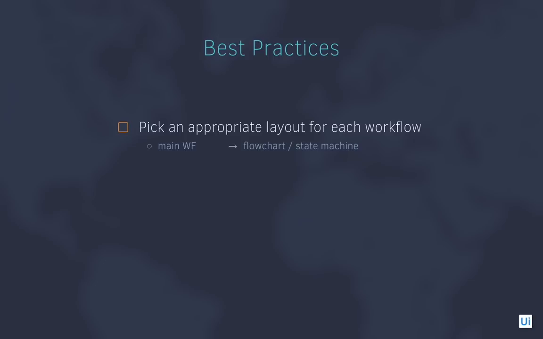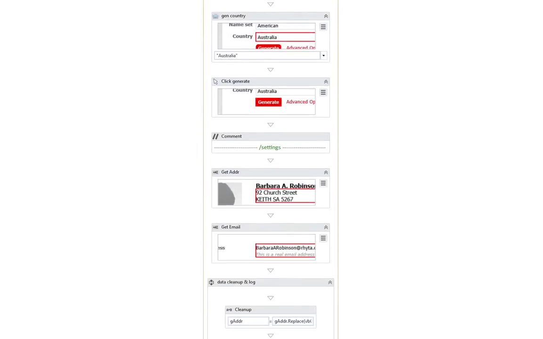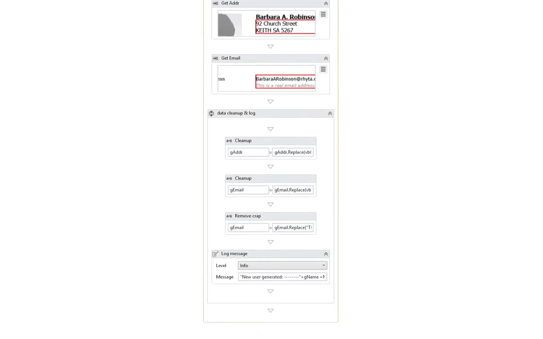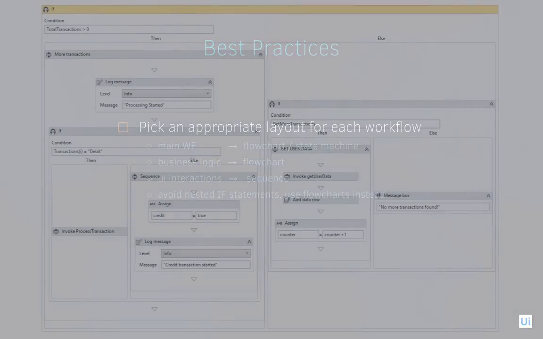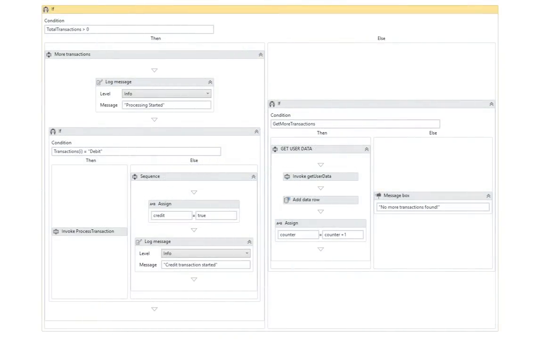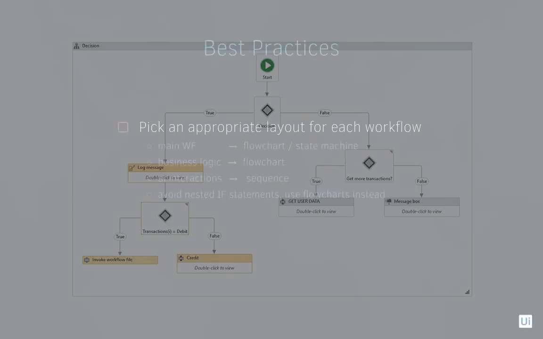And in general, higher level decisions or business-led choices work better in a flowchart. UI interactions are performed one after the other without much variation, so they're better suited for a sequence. And try to avoid nested if statements, because they can get a bit unwieldy and hard to follow. If you need more complex logic, the visual nature of flowcharts makes them much easier to comprehend, so much better